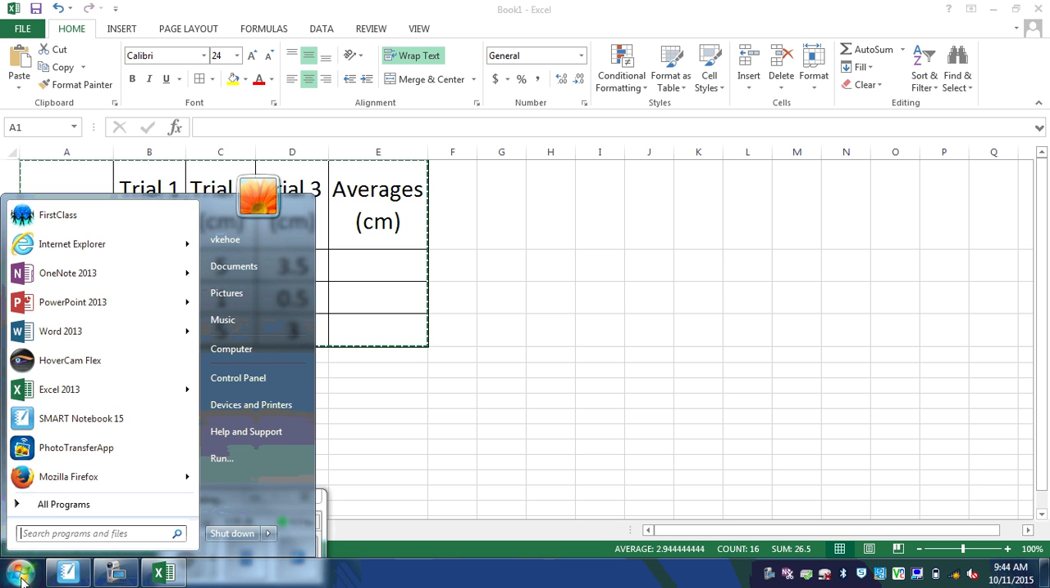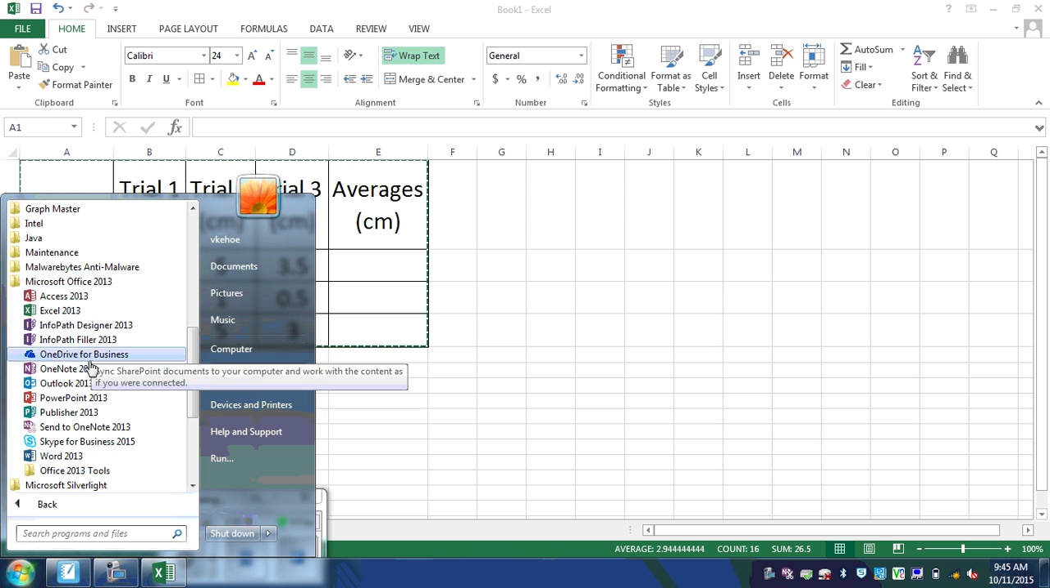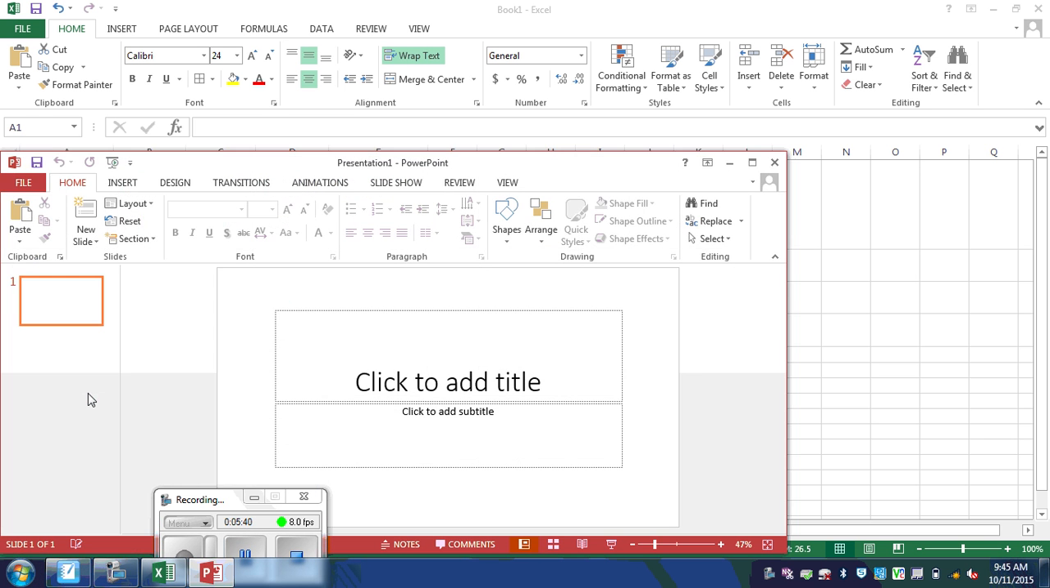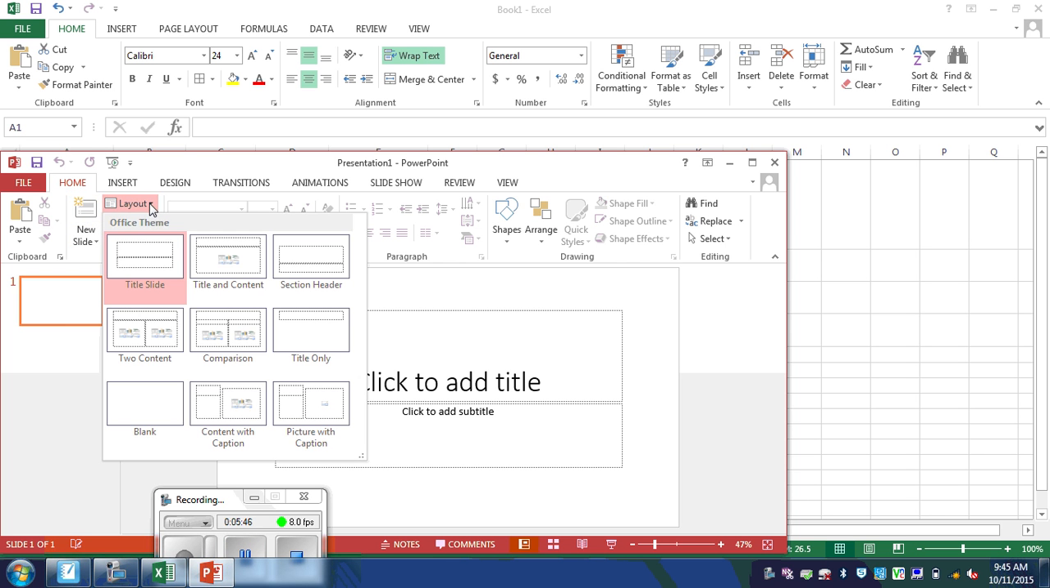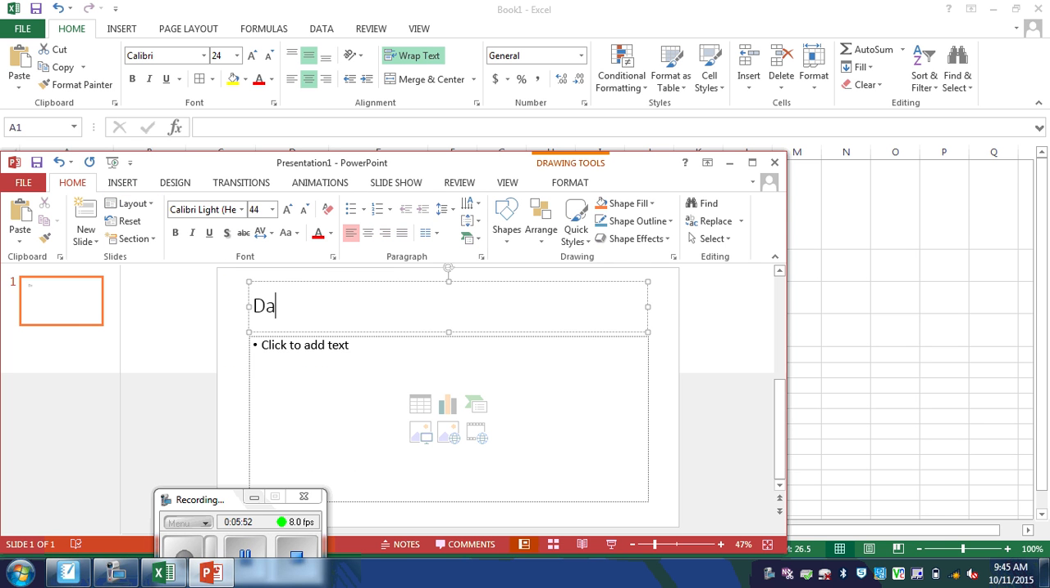So we can now go to Start. We can go to PowerPoint. If it's up here in your menu, you can get it there. If not, go to All Programs, Microsoft Office, and then PowerPoint. I'm going to wait for that to open. I'm going to go to New Slide or Slide Layout because that's not really how I want my data table to look. I'm going to have it up here. Type in Data Table